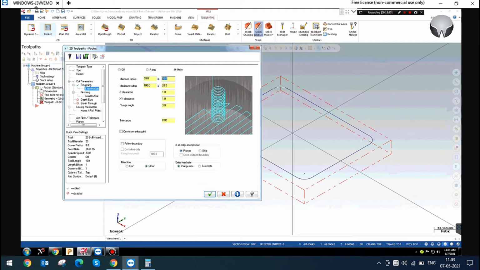The minimum radius is a percentage of the tool diameter. So here we can give the value also. So now I am defining between 3 mm to 12 mm. This is my helix radius. The helix will be created between this value and the clearance. This distance you have to enter manually, depending on the length and width of the pocket cavity. You have to give it manually.